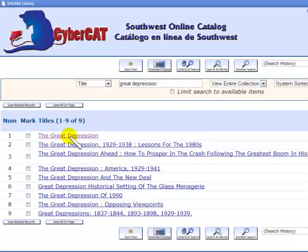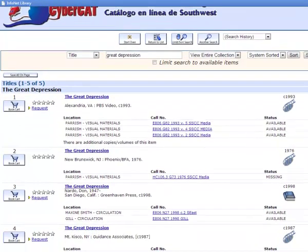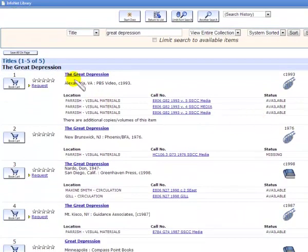In line number 1 there are 5 titles, so I will select this, and we have a listing of the 5 titles. The titles are listed in blue. By the icon you can see that we have some videos and we have at least 2 books. In item number 3, the title is listed along with the author's name, the place of publication, the publisher, and the copyright year. There are 2 locations that have copies of this book, and they're Maxine Smith and the Gale